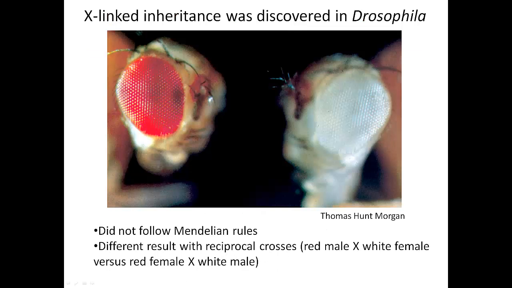So X-linked inheritance was first discovered in Drosophila by the lab of Thomas Hunt Morgan. And this was very soon after Mendel's work was rediscovered, so early, about 1910, 1915. Morgan's lab was using Drosophila, and they were isolating different mutants, variants from the normal wild type. And one of the mutants they isolated was a fly that had white eyes instead of red eyes. So they expected a certain inheritance pattern based on Mendel's predictions, and they found that there were some really unexpected